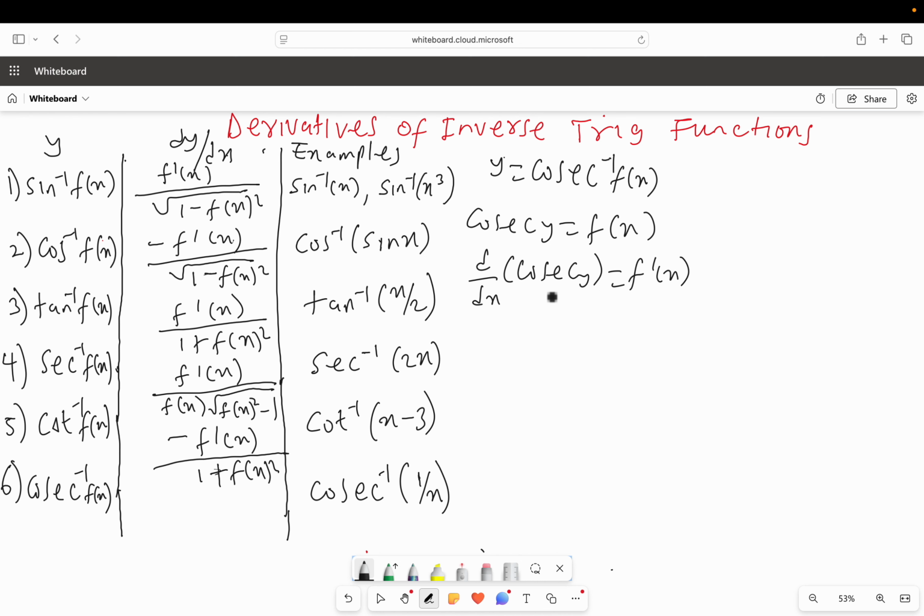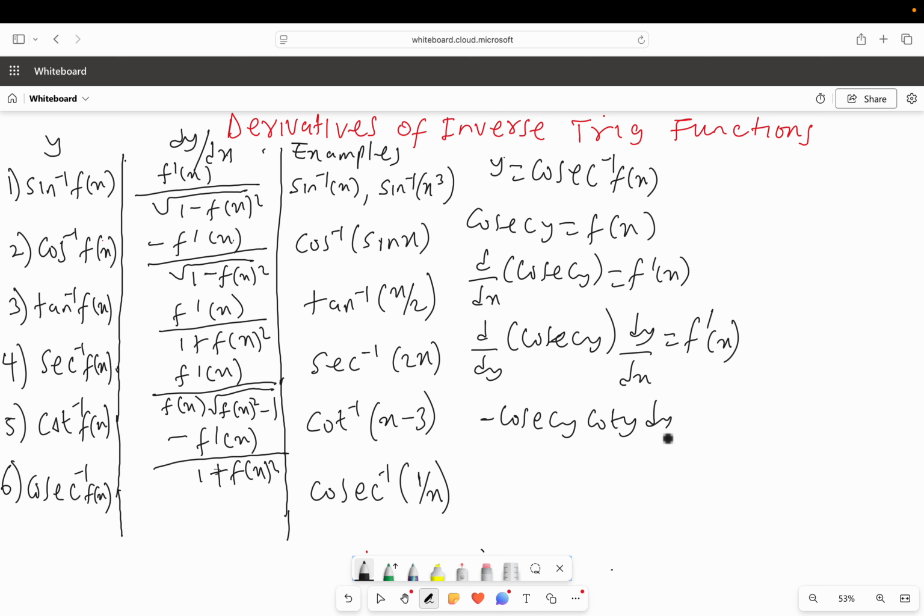So if I apply the chain rule to the left hand side and differentiate cosec y, I will just have minus cosec y cot y dy dx is equal to f prime of x. So it means my dy dx is just minus f prime of x all over